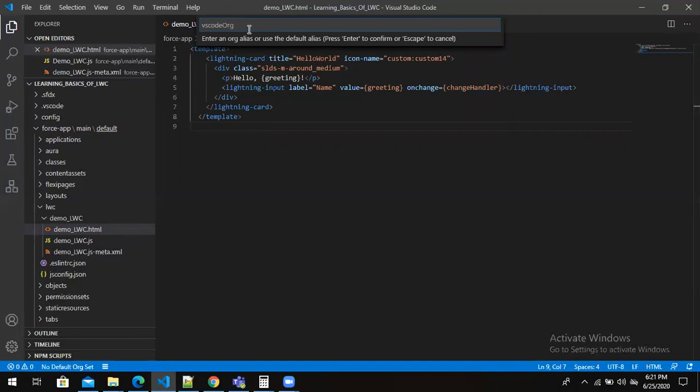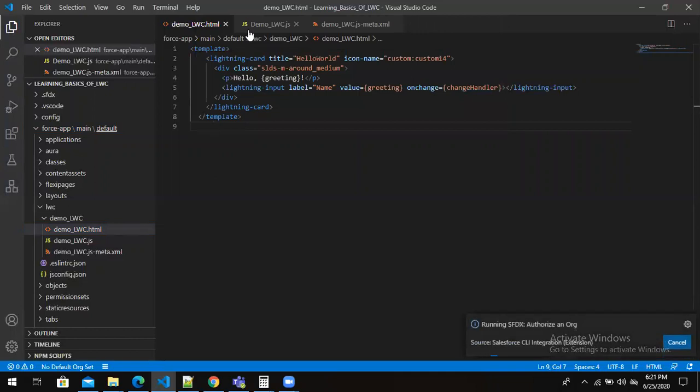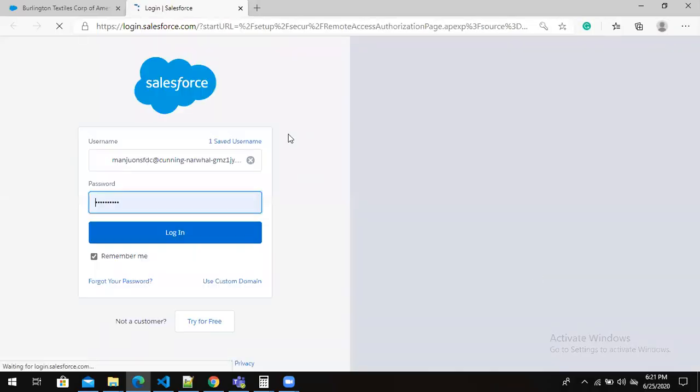I'm just going with the default name, which is VS Code org. Press enter one more time, then it will ask you for authentication, right? It will show you a Salesforce window where you can pass your credentials. In that way, we make sure that our local repository is going to sync with the Salesforce environment.